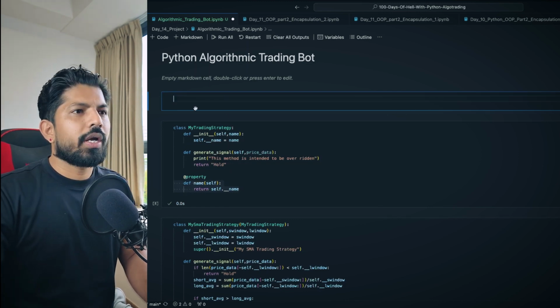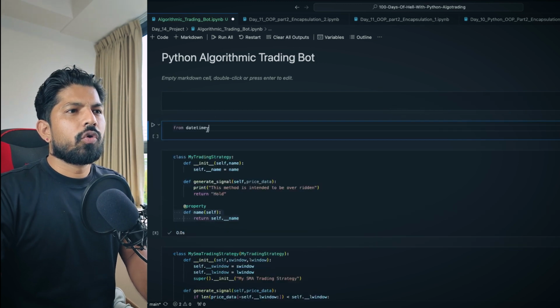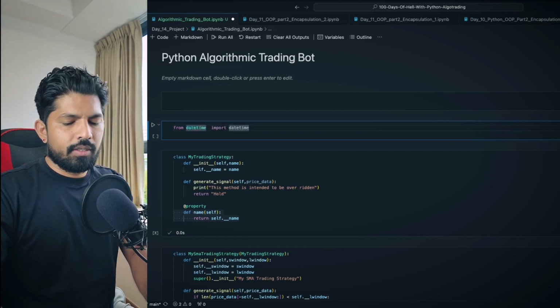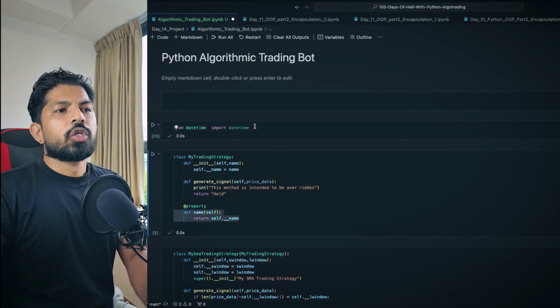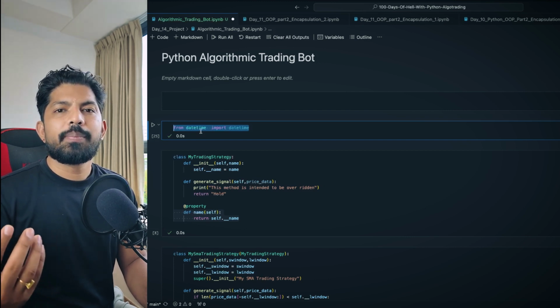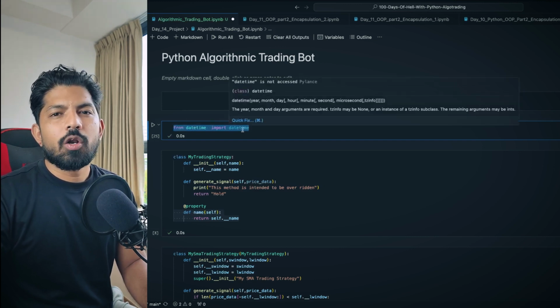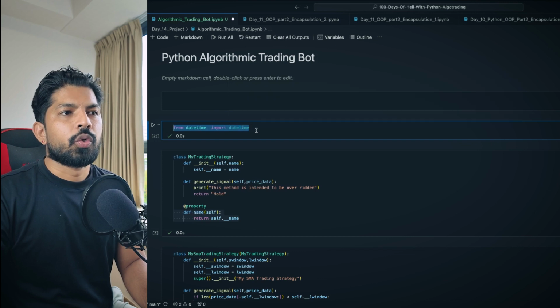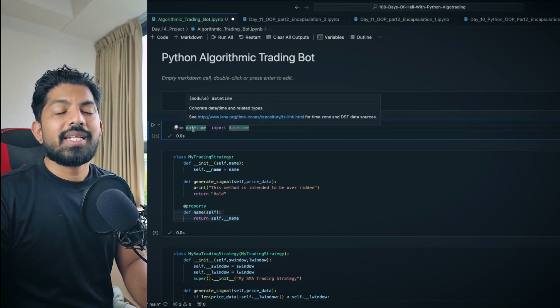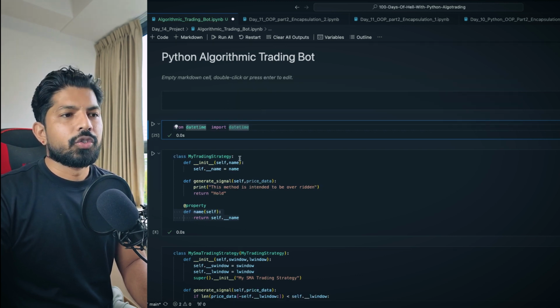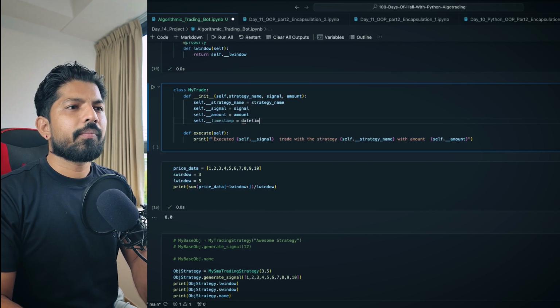Actually it's a markdown, so I have to add self for code. From datetime import datetime, right? And just run this cell. Okay, so moving forward, when we learn pandas and numpy, all those libraries, we always need to use syntax like this, like the name of the module and the name of the method or function inside the module, right? So here we have a module with the name datetime, and inside that we have a method, or you can say class, with the name datetime, right? So what we can write here, datetime dot now and this.